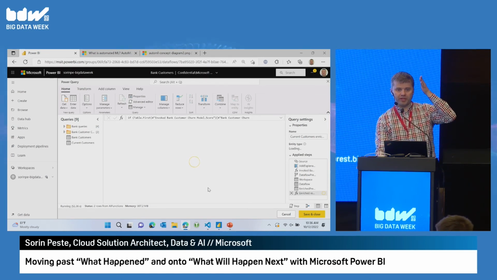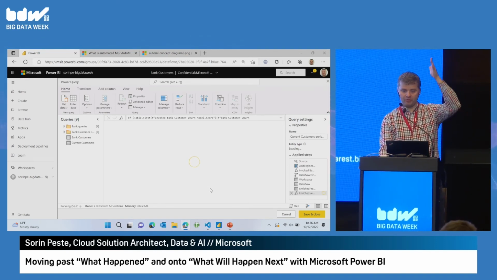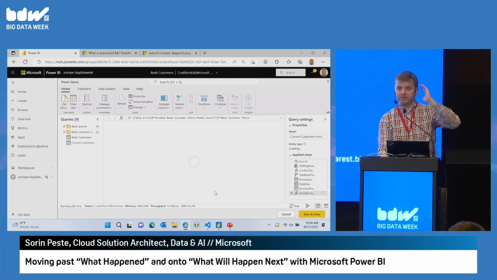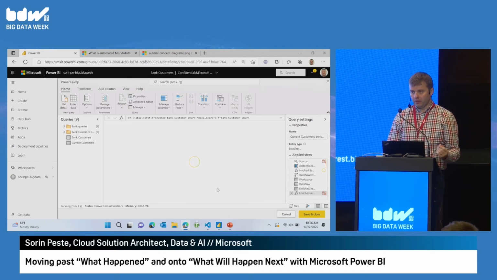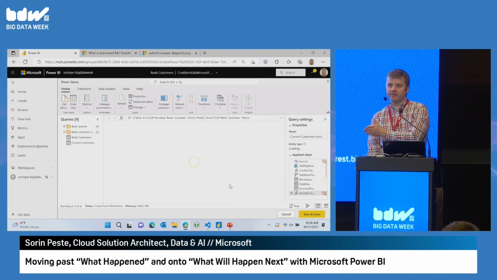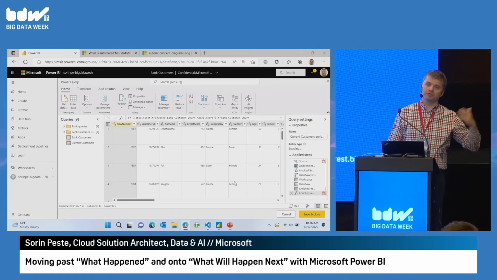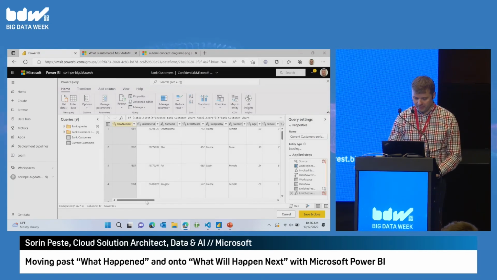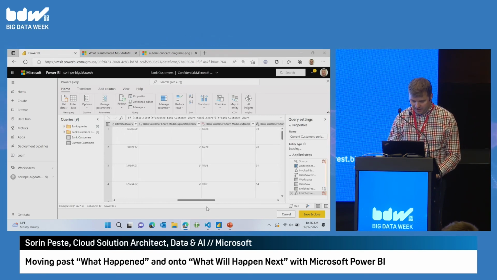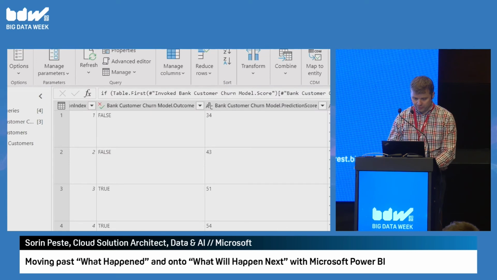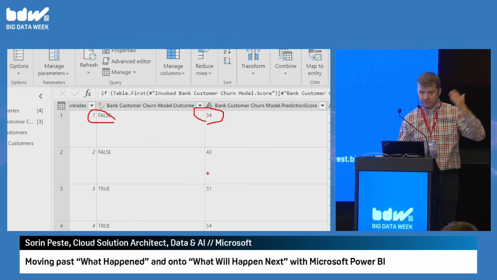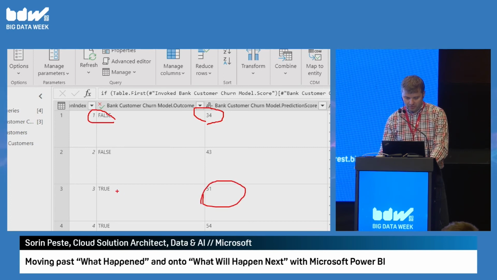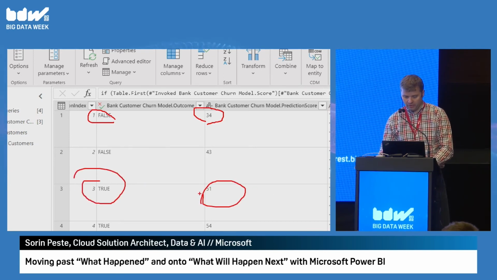So essentially, we should output a yes or no, likely or unlikely to churn based on the threshold that I selected, like 50%, 52%. It will also give me a probability. So it's saying this particular customer is 73.3% likely to churn based on this model, or 12.1%, right? Oh, there we go. Okay, so we have these columns. We have an outcome, so it's false or true. Then there is the percentage. So for this one, it's 34% likely to churn. It actually classified it as false because it's below the 52% that I chose as the threshold. Actually, I chose 50% for this one, sorry. So 51 is true, 54 is true, and so on.